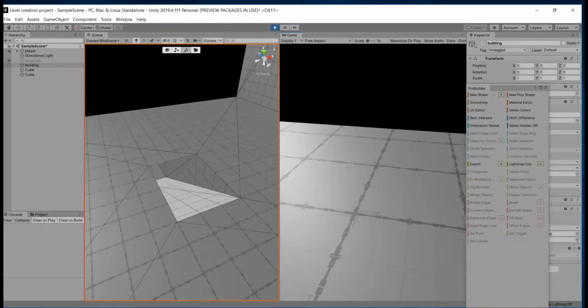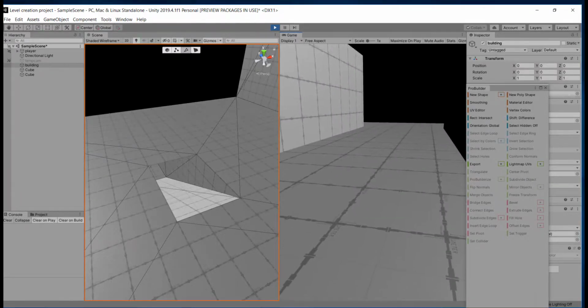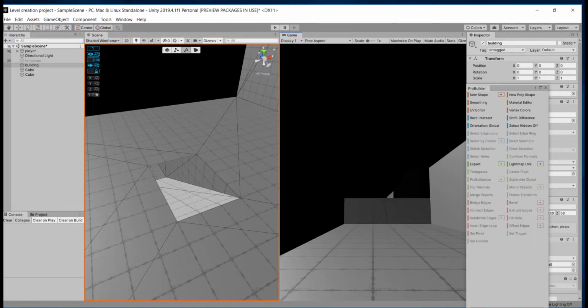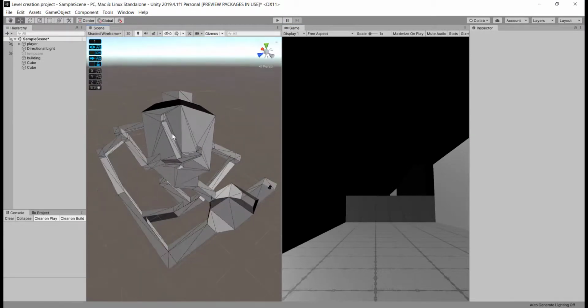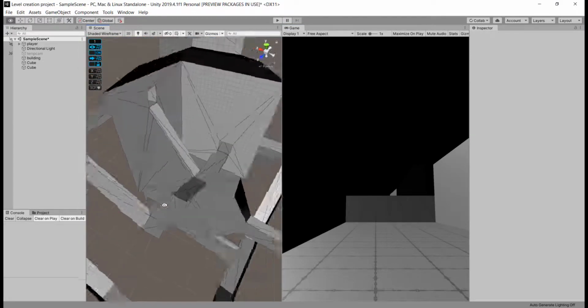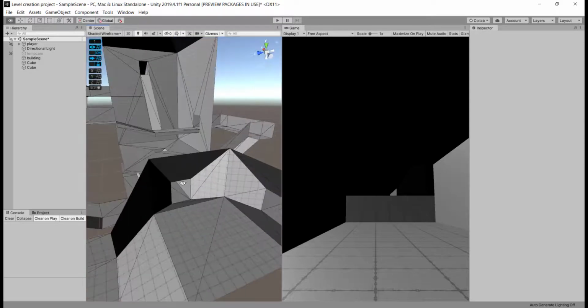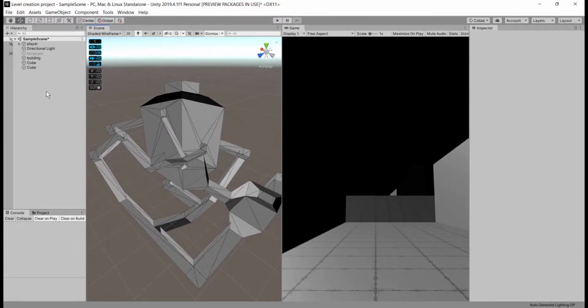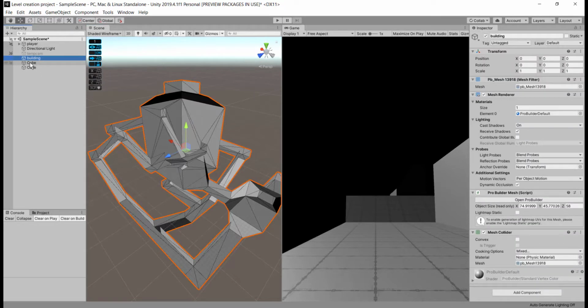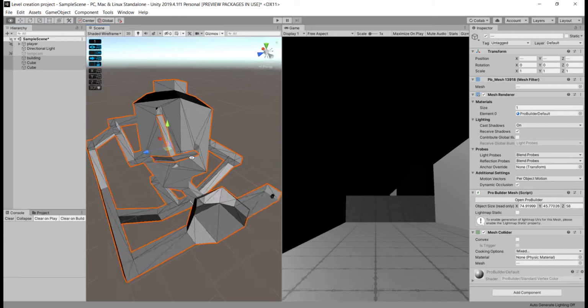I think this is pretty much enough for the level creation. To add the final touch, let's just make sure that all of our edges are in the exact positions or in good numeric positions rather than having decimal positions.